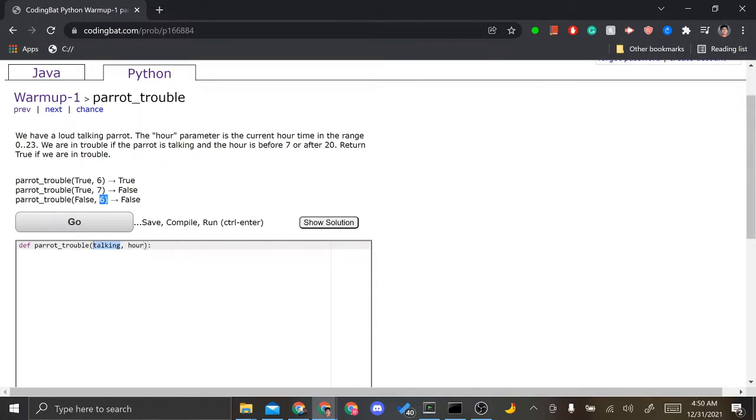So even if the parameter hour is 6, right? And that is clearly less than 7, this condition must be met. And since the parrot is not talking, we can assume it's sleeping or something like that. And at 6 a.m., it's not creating any disturbance. So once again, very grateful I don't have a talking parrot in my house.